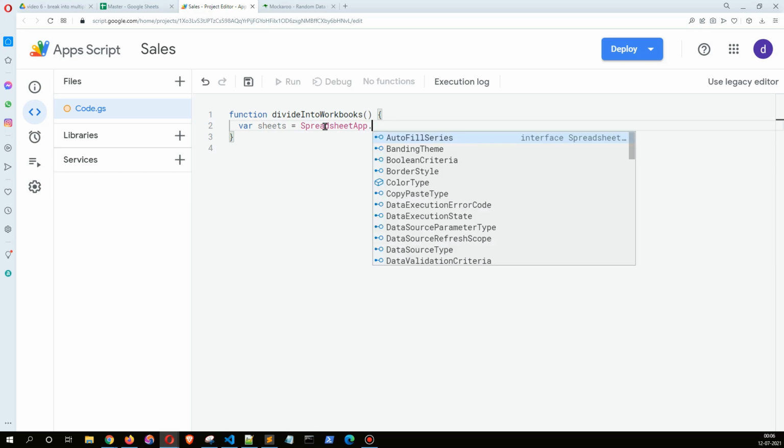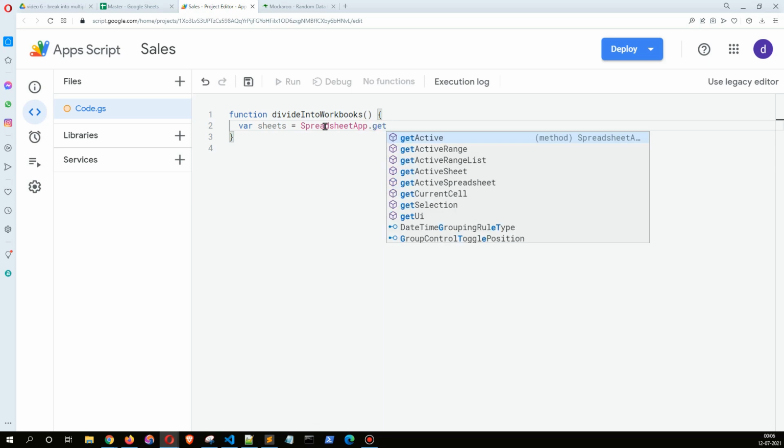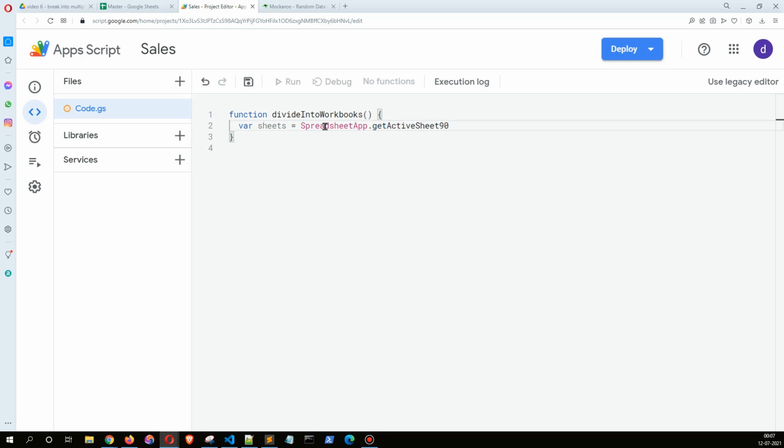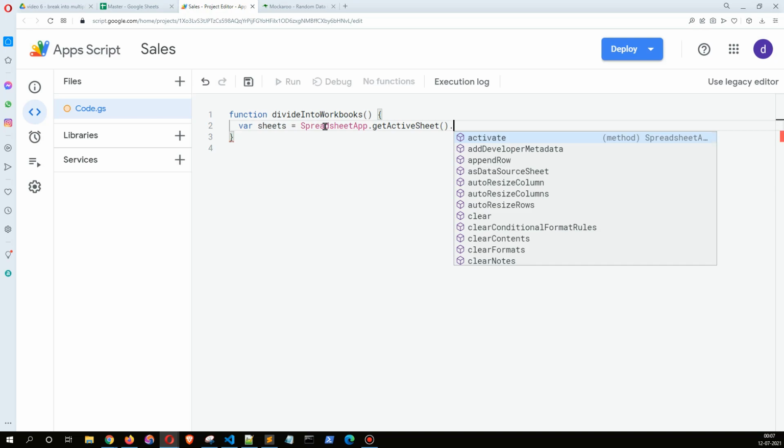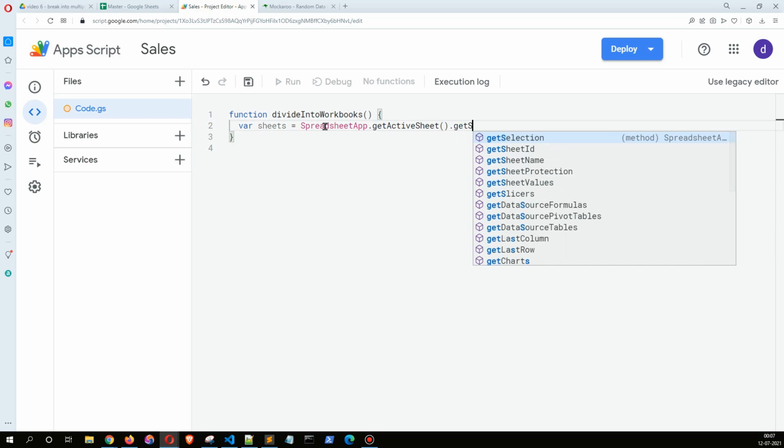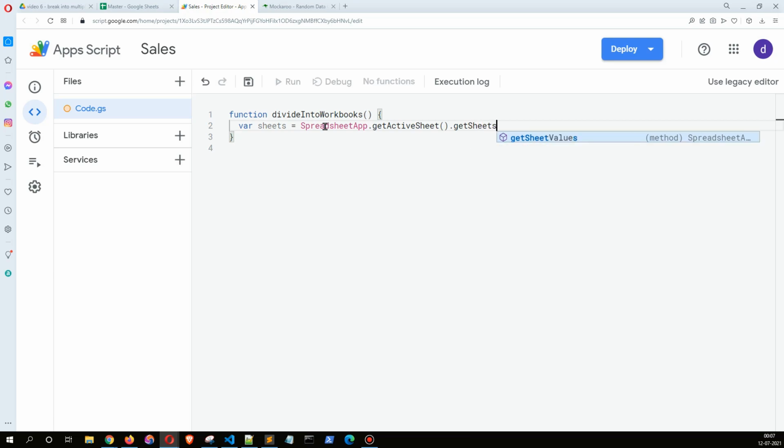Dot get active spreadsheet, dot get sheets. Okay, so now